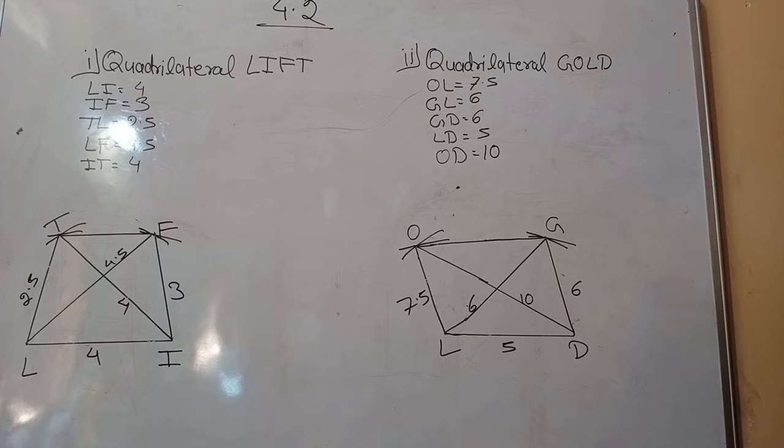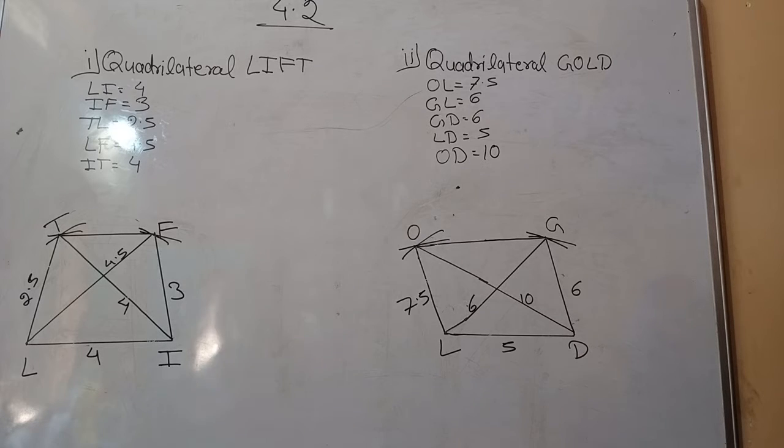Students, in this exercise we will start exercise 4.2. Like in the previous exercise, this is also based on construction, but what was given in that exercise was 4 sides and 1 diagonal. What we have to deal with in this exercise is that 3 side dimensions of a given quadrilateral are given and 2 diagonals are given.